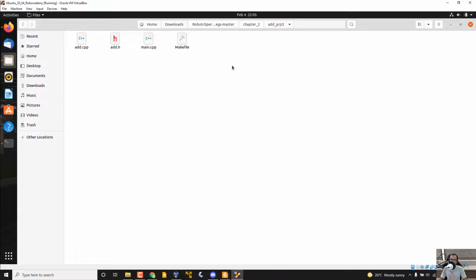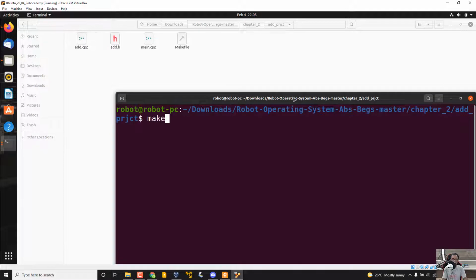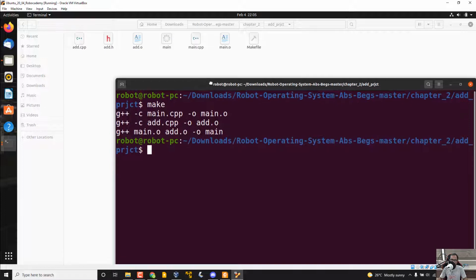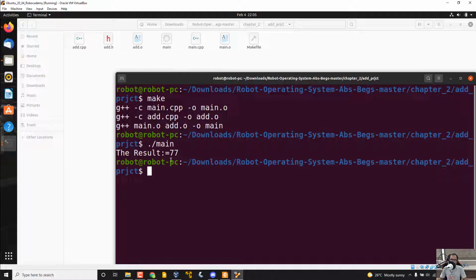So how to compile it? It's very easy. Just open a terminal and then run a command called make, and then you can see what make does, which is basically compiling main.cpp, then add.cpp, then linking these two objects to an executable. Okay, so we don't need to worry about it. We just got the main executable. So we just created the application